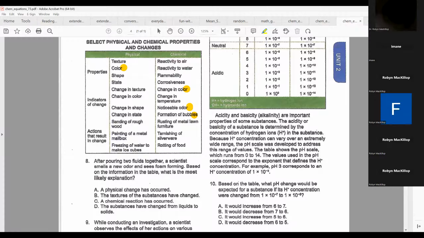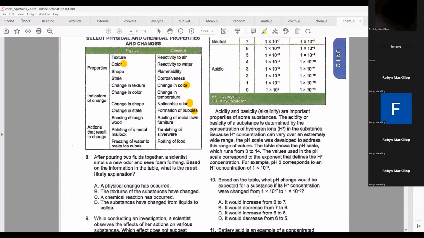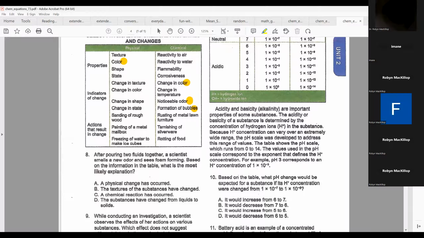You wouldn't, would you? It could be either. Yes, you'd have to do further testing. What is the color in the physical? Color can change in physical. Think about